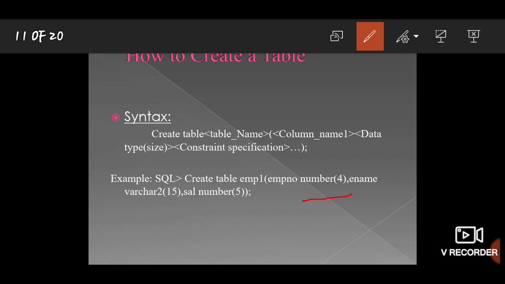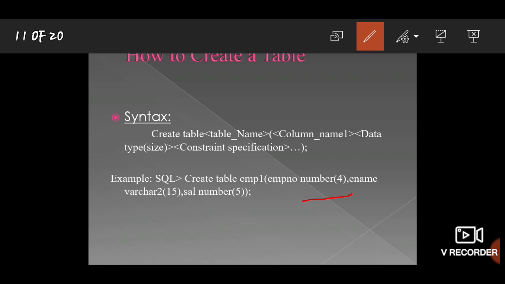If I enter any number of more than 4 digits, it doesn't take it, because here I had given a limit. I had given a size so that only 4 numbers can be stored. If I create an ID with 5 numbers, it doesn't take, because I had given a limit.